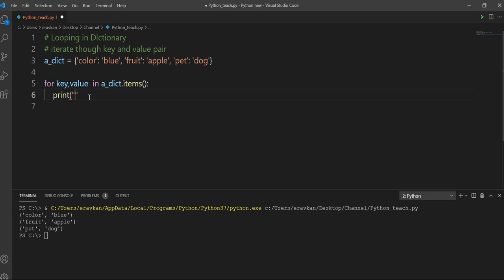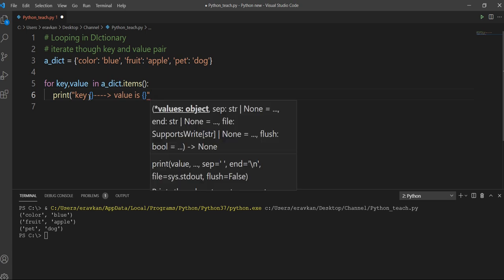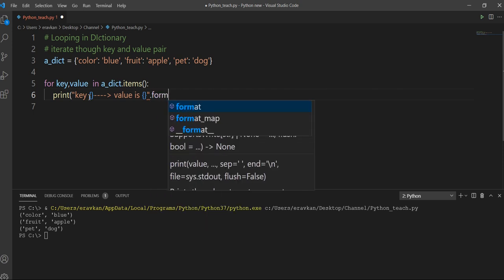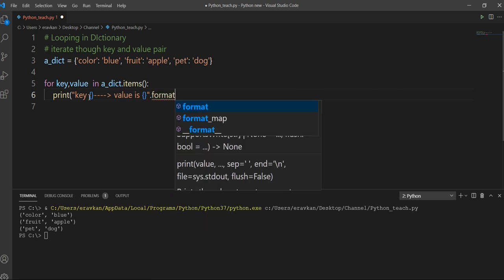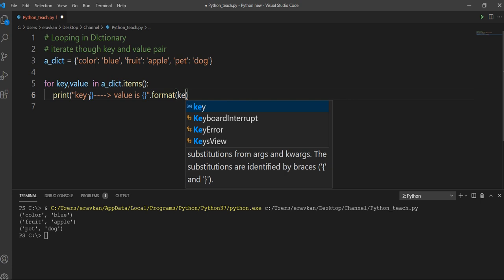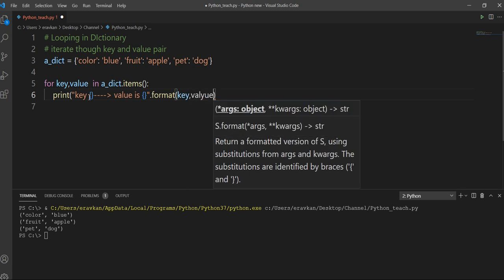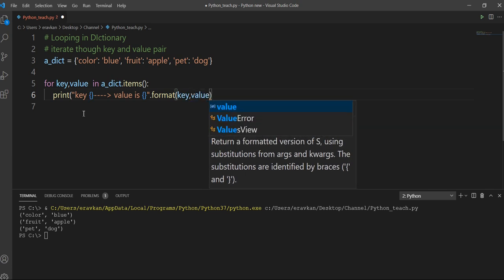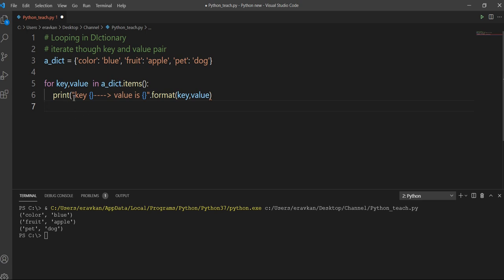I can print key is, then I can show like this, value is, dot format, key and then value. As I was having pairs with me, I have taken key and value.